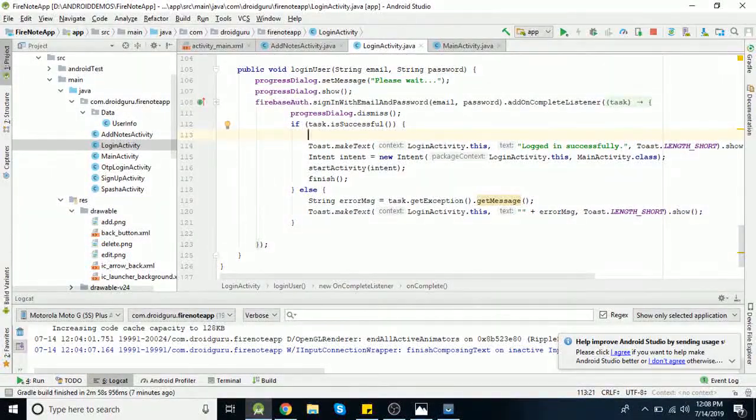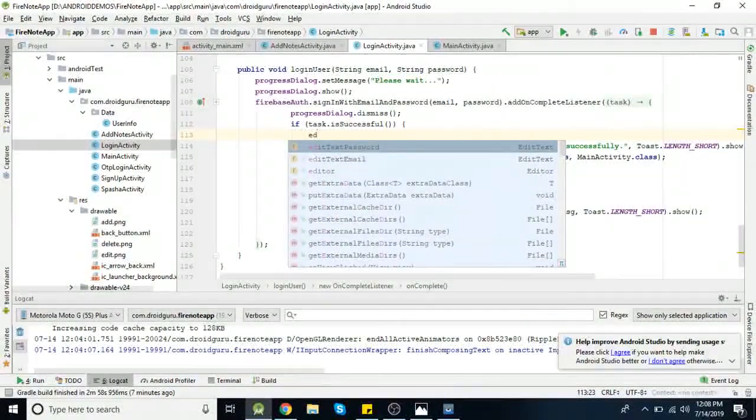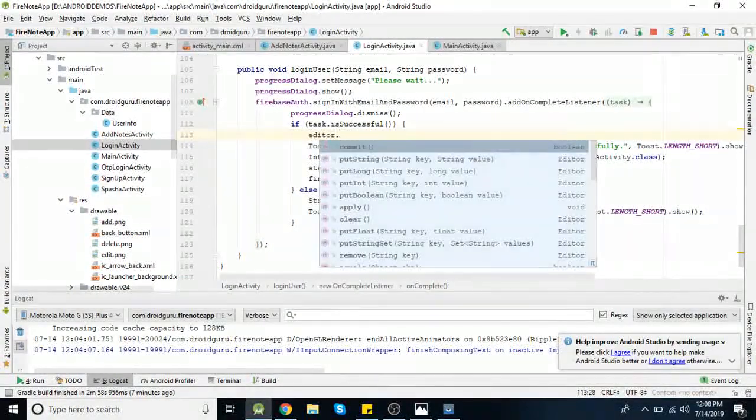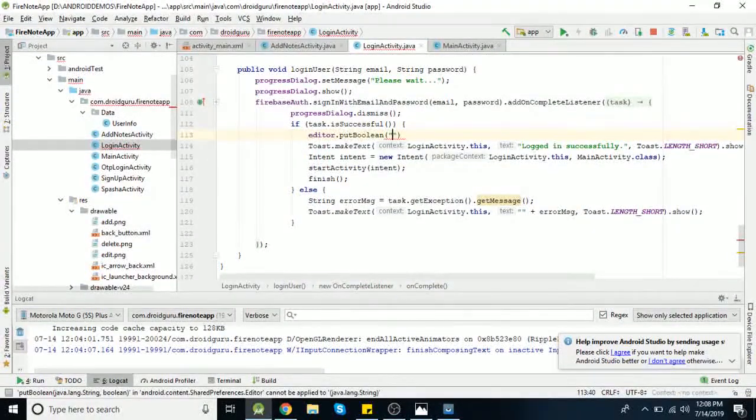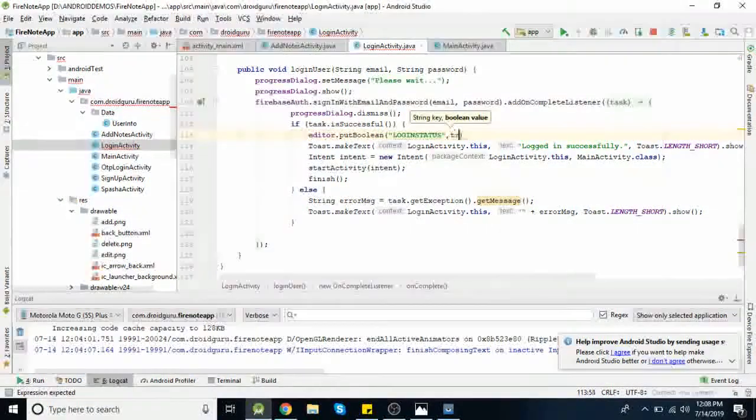So editor dot put boolean. The key will be login status. You can use this key from some constant file or some data file, so that it will be better if you want to access it many times in the application. But now we are using this here only, so value will be true.